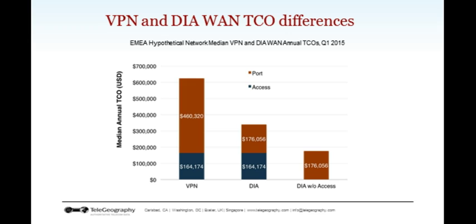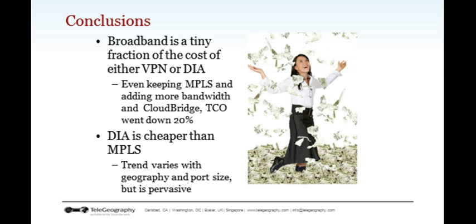So we're going to look at the extremes of both of those scenarios when we look at this total cost of ownership. So again, we start with the same TCO of about $625,000. And if we drop that port price from the MPLS VPN to the DIA, but keep the access the same, we have a 62% decrease in port price, which makes about a 46% difference in the total cost of ownership. Now, if you were able to source your DIA entirely across the network from providers that had access into your buildings, you could get rid of that access cost, and you see the total cost of ownership going down really significantly by about 72%.